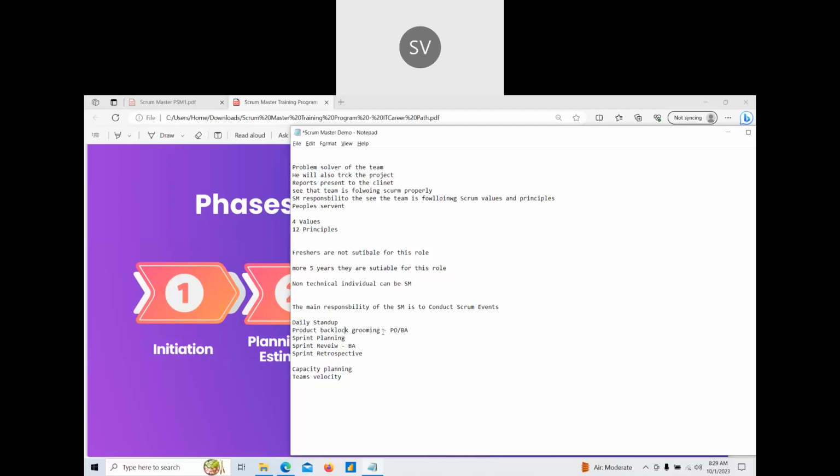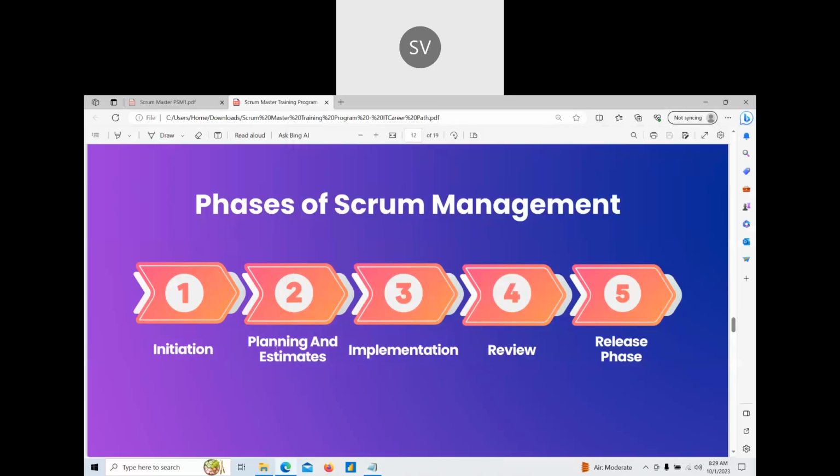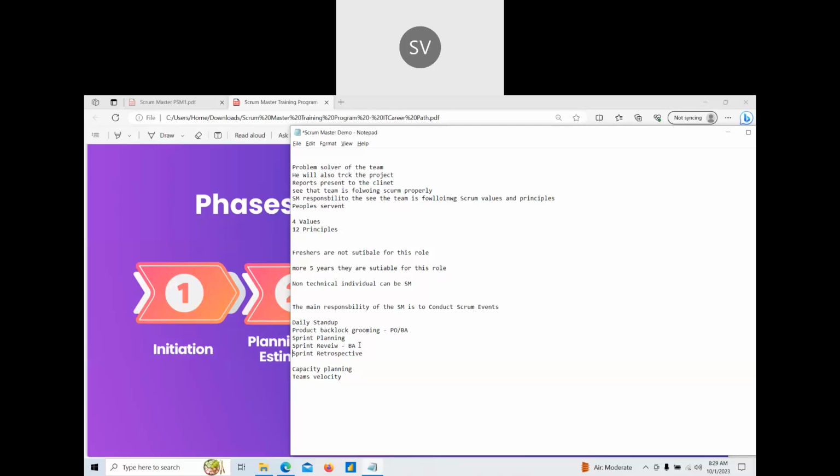So the Scrum Master's responsibility is to see that these meetings are happening according to the plan. And leading of these sessions would differ from project to project. It is not like the Scrum Master will lead this session. The Scrum Master cannot do the sprint review, because in the sprint review we demo what happened in that particular sprint. The Scrum Master doesn't know any of the functionality, right? So it is a BA who should present the sprint review, right?